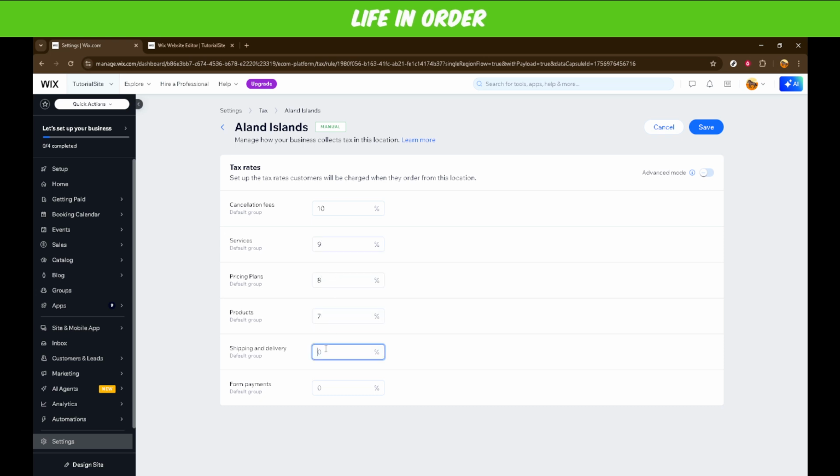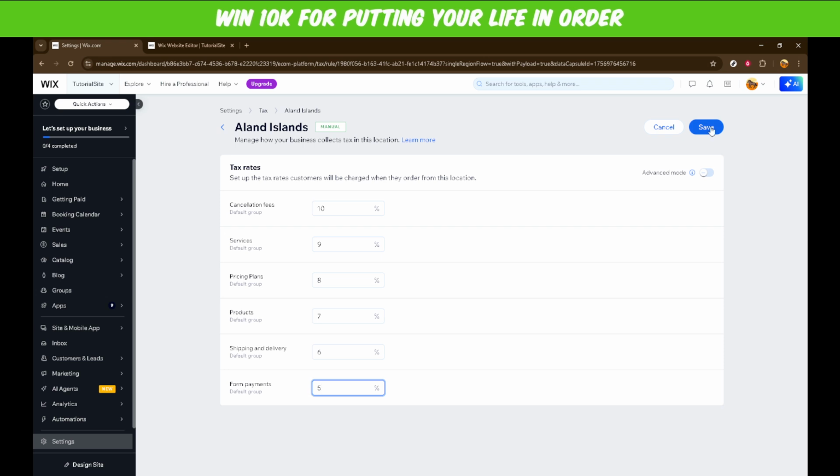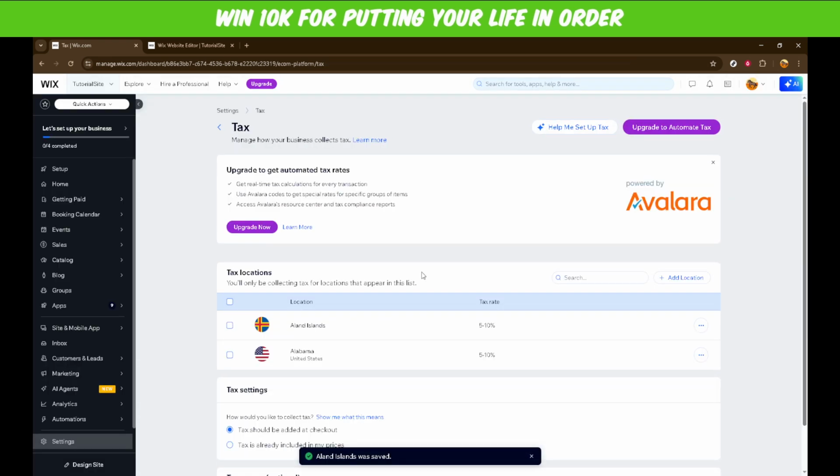And there you have it. You've successfully set up shipping and tax options for your Wix store. This setup ensures your customers know exactly what to expect when they reach checkout, improving both your operational efficiency and